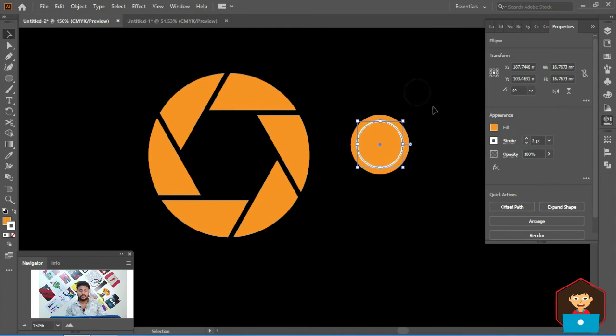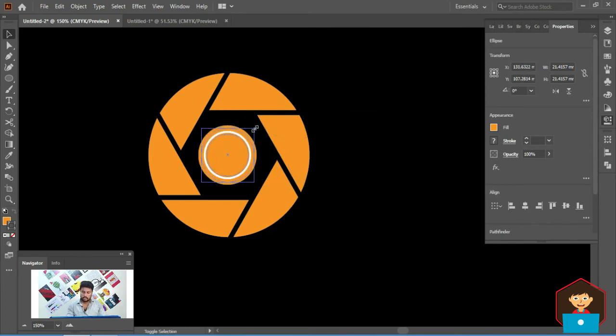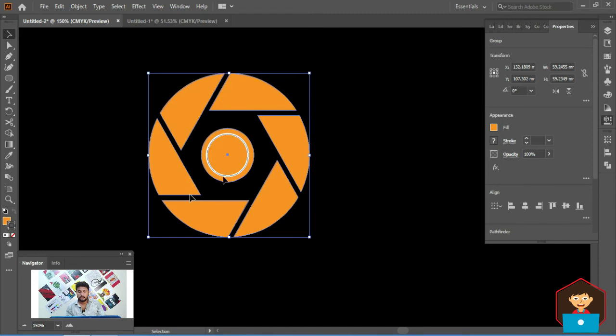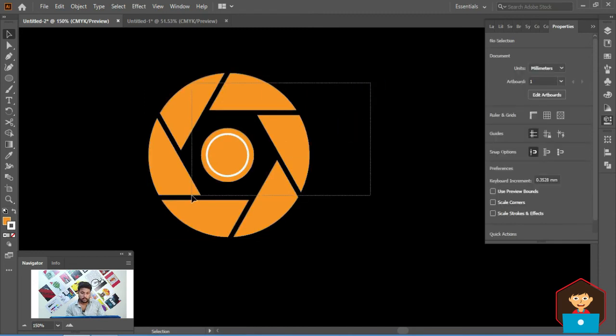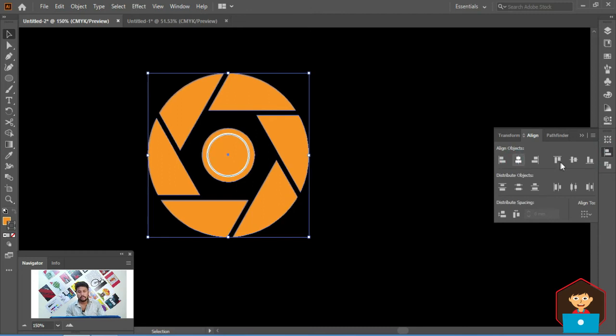Then select both of the circles and move them to the center. Ctrl G, group this again, select both and align to the exact vertical center and horizontal center.